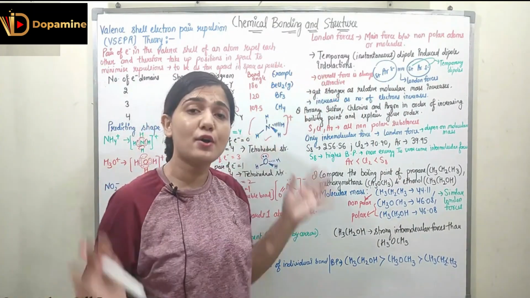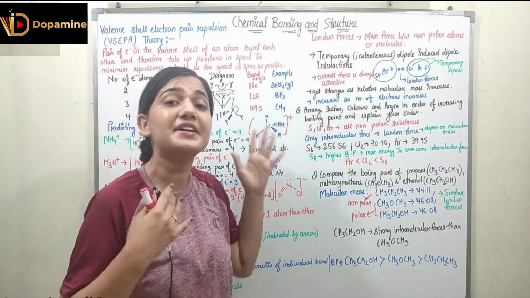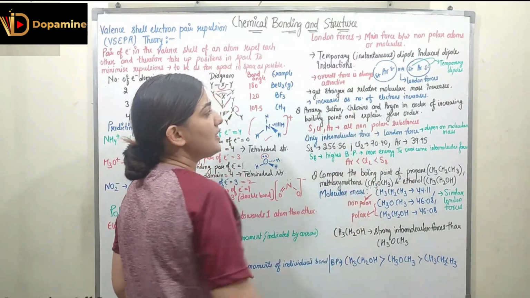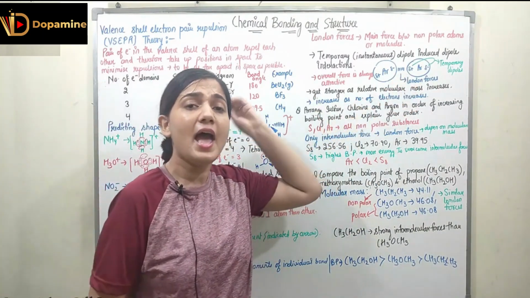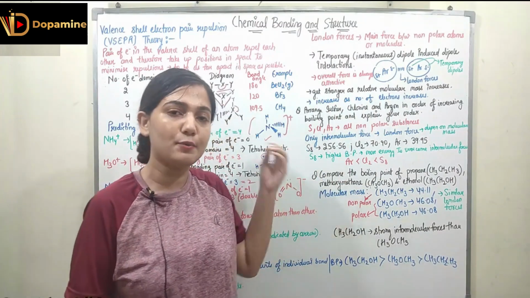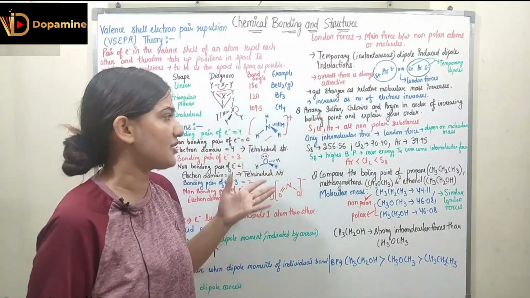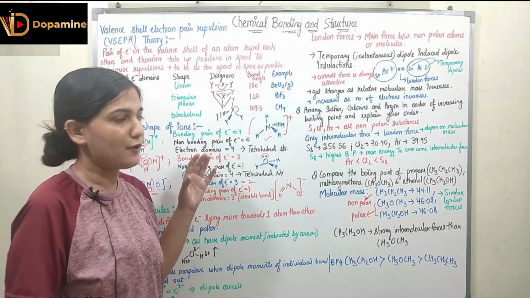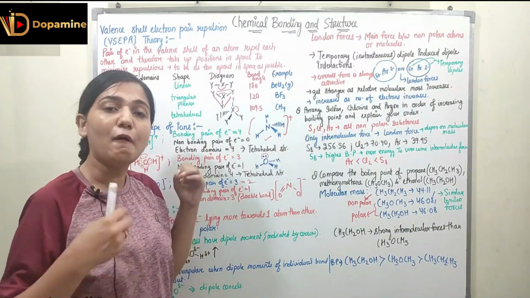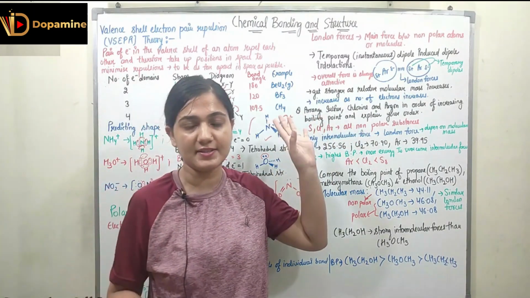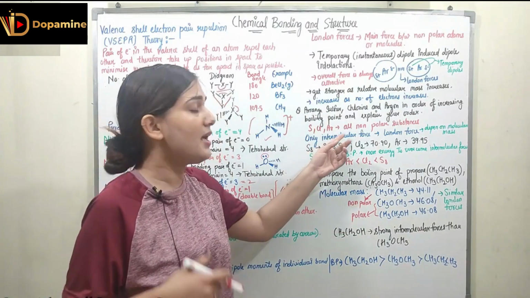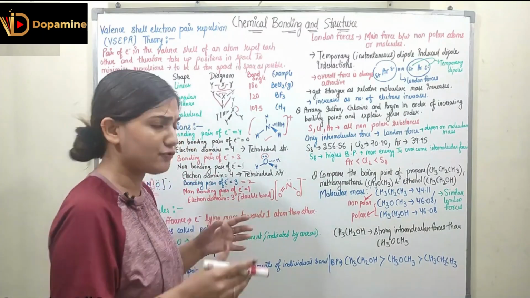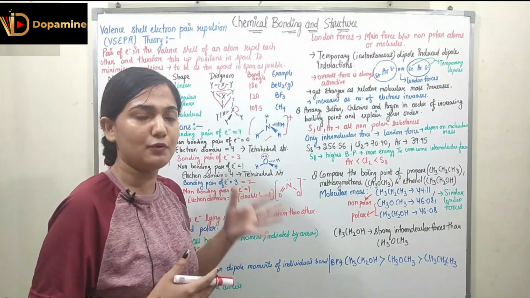Now the overall force will always be attractive, right? So we will always have attractive London forces only. It gets stronger as relative molecular mass increases, and even if the number of electrons increases, it will get stronger, right? So now coming to the question: arrange sulfur, chlorine and argon in order of increasing boiling point and explain your order. Sulfur, chlorine and argon are all non-polar substances. So what is there in them? All of them will have London forces as the intermolecular force, and the London force depends upon the molecular mass. We have to see which molecules of sulfur, chlorine and argon are there.